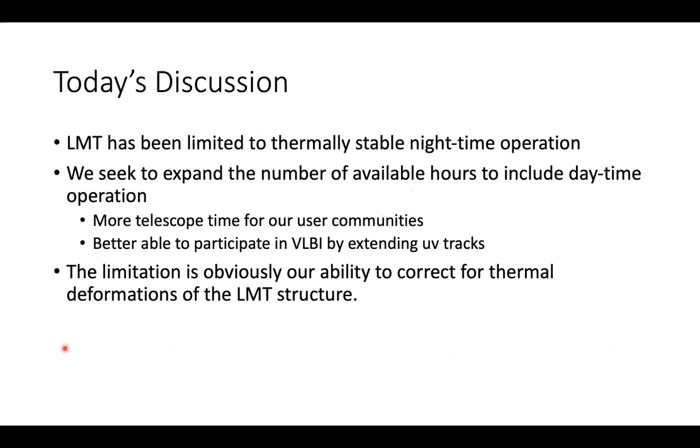So today what I want to get to next is to talk about thermal stability of the telescope. We've been limited so far to operations under nighttime conditions when the temperatures are stable. But we'd really like to expand the number of available hours because, first of all, we'd like to get more telescope time for our users, and second, the ability to participate in VLBI will be enhanced if we can observe into the daylight hours and help extend all of the UV tracks with telescopes, for example, in Europe and farther